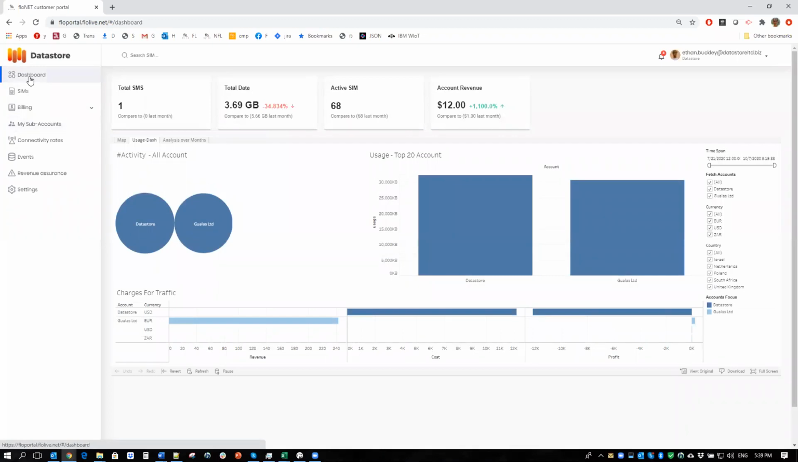So let's go over the different categories that the system provides to our customers. Of course, the main category is the dashboard. Every account would like to see all its current account connectivity analysis, analytics and statistics. I can currently see how many active SIMs I have, what my total usage is in terms of data, SMS, and revenues. I have different widgets where I can see all my top accounts and how much usage has been used by every account. I can see different charges divided by the different accounts that I'm running on my system,